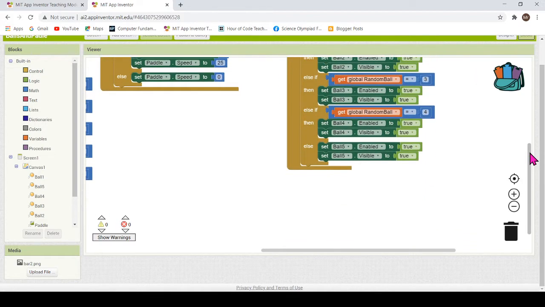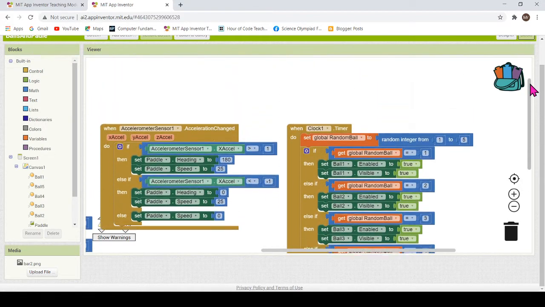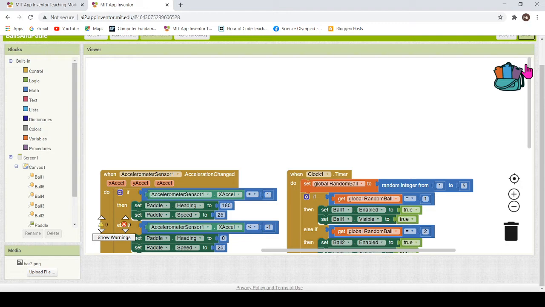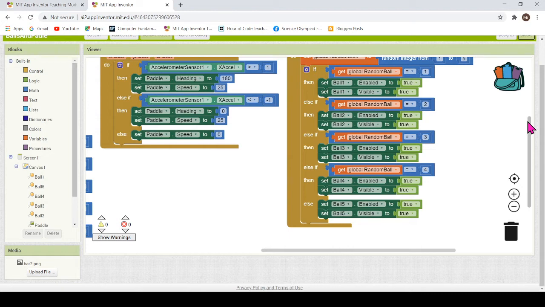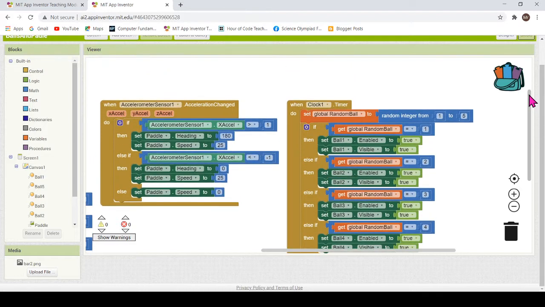Now we will add some more features to our app, and this is important because we wanted to make a professional gaming app, so it can look professional. So we will add some features to it.